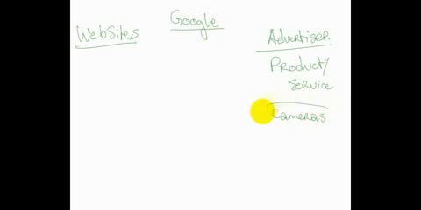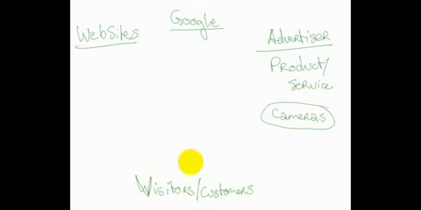What they're really good at is making cameras, making good deals on cameras, finding better technology for really producing good quality cameras. So what they do is they say, well, there's lots of people, there's visitors. Here's the other player in this. There's visitors who are also called customers, and there are lots of visitors or customers who come to Google every day. Now this advertiser knows that there are lots of visitors coming to Google every day, and so they say, "Hey Google, could we run some advertising with you?"